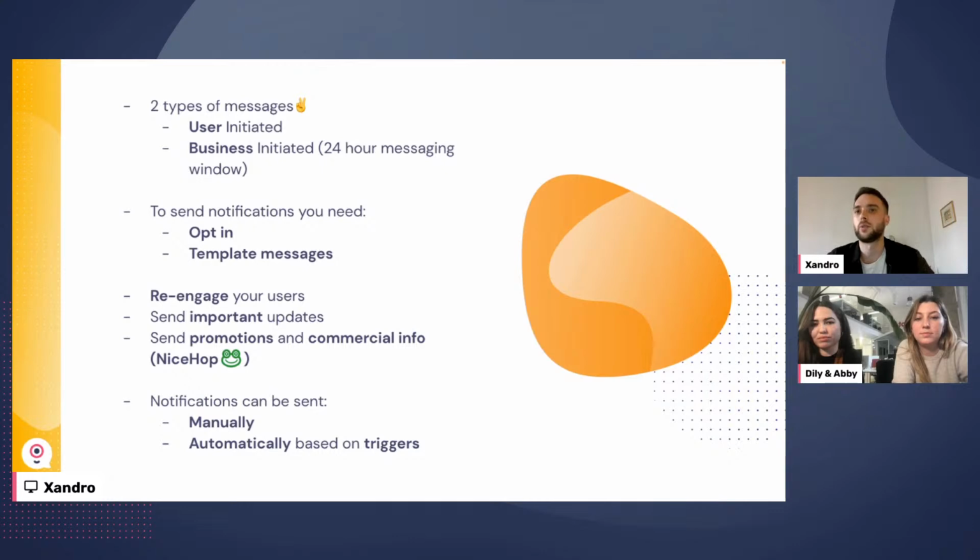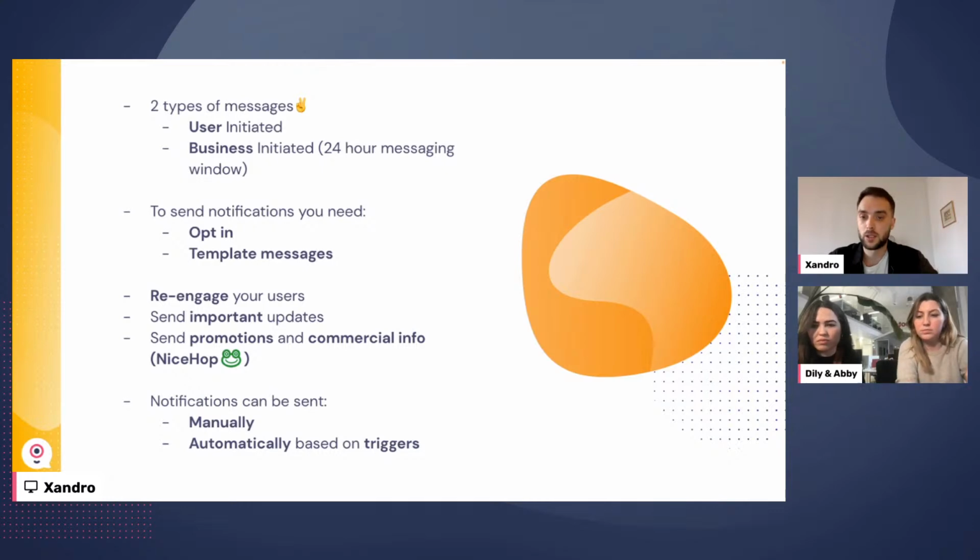They don't want to become a spam platform. So instead, they make sure that they know exactly what the companies are sending. Template messages only need to be approved once, so you don't have to approve it every time you're going to send a message. If you have a generic message and you want to send it on a daily basis, you approve it once, and then you can just shoot it out every day.